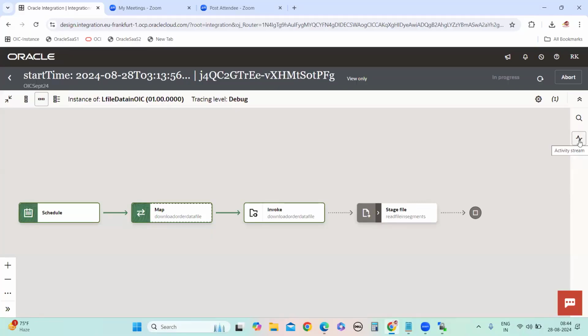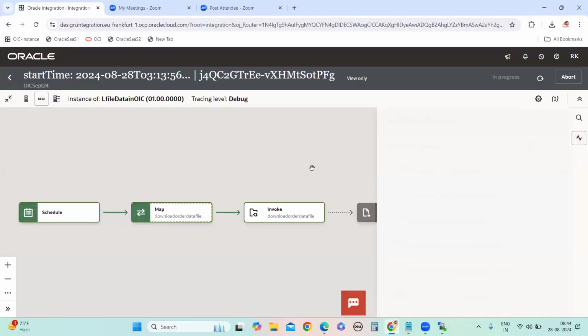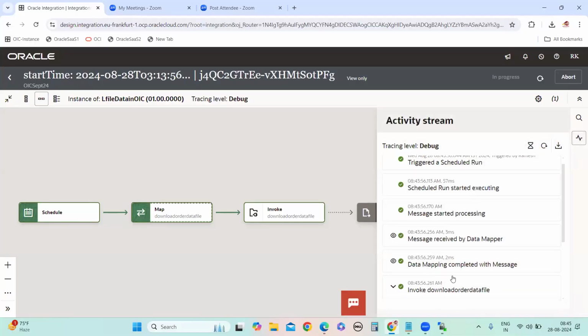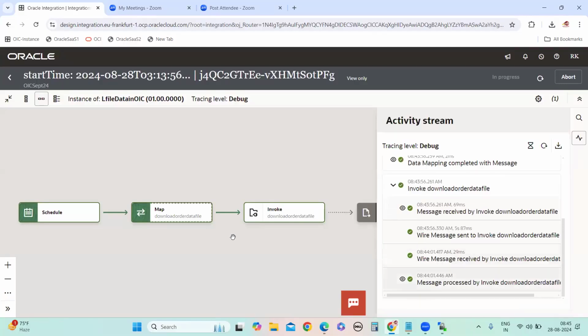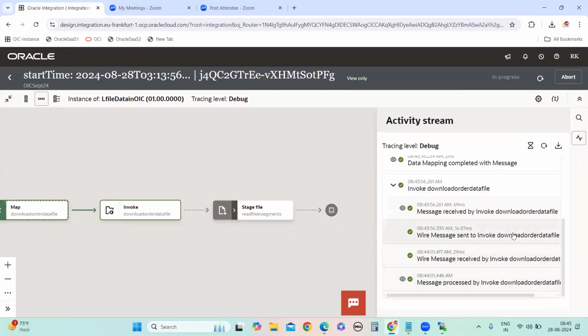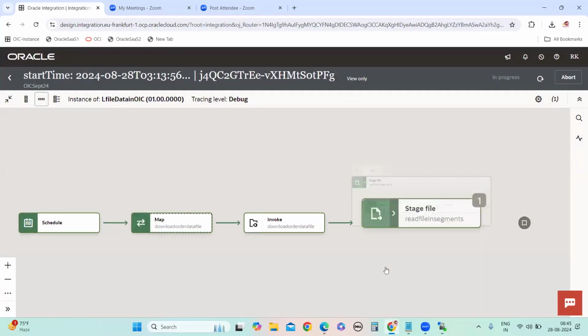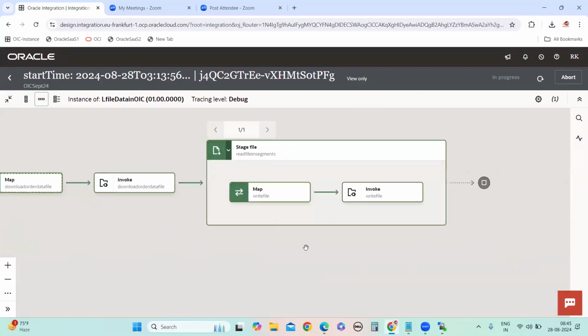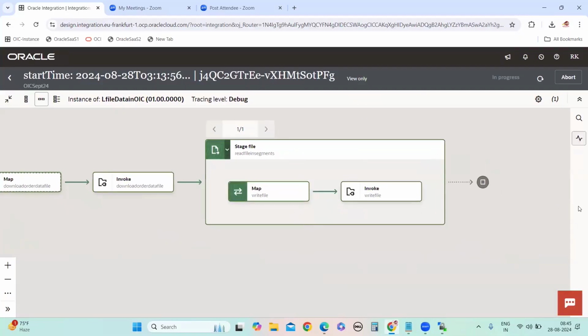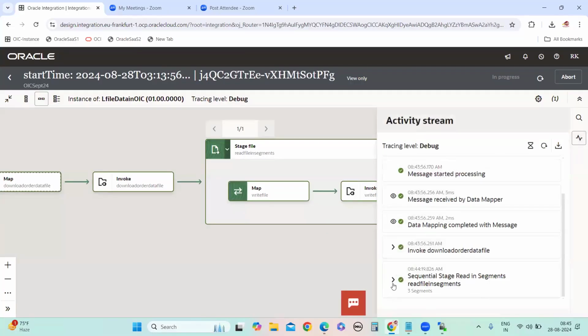I think you can see the file names also. I think it is in download state only, so it will not come here. See, if you look at this one, it is in download state only still, because of the use file it is taken. See, now it came to the read file segments. So it is here now. You see this Z option? There is a Z option in there. Now you click that one.